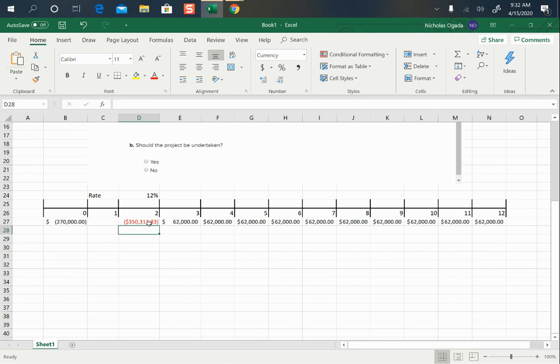Now, the next step for us is, again, remember what we have done in the past. We could apply the future value of an annuity, the present value of an annuity, the present value of a single amount, or the future value of a single amount. So in this example, look at the $350,000 as a future value. In 2 years' time, you'll be receiving $350,000. And therefore, because we are looking for the net present value, which is basically the present value of all these payments,